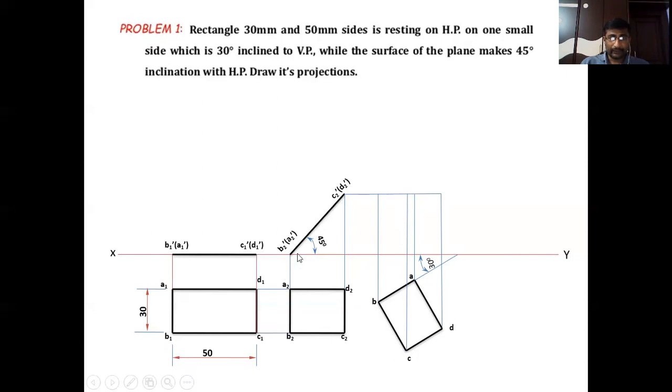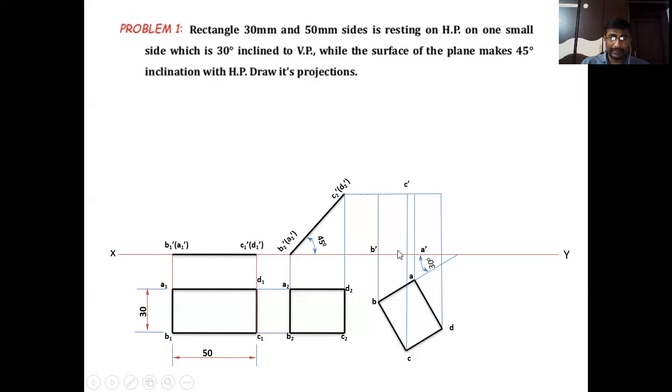Okay, this is one of the projectors which coincides with the XY line. Another projector from the point C2 dash to D2 dash is this blue horizontal line. Then at the intersection points, we will get A dash, B dash, C dash, D dash, the front view of the corners. This is the A dash, obtained at this point. This is the projector coming from A, and the projector coming from A2 dash will be intersecting at this point. We will get the A dash. Similarly, for B dash, the projector coming from B will intersect the projector coming from B2 dash, and that intersection point will be B dash.